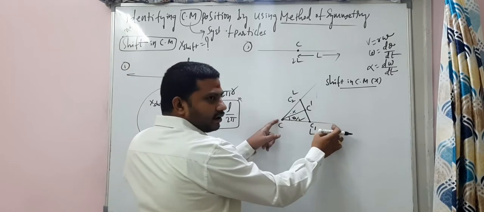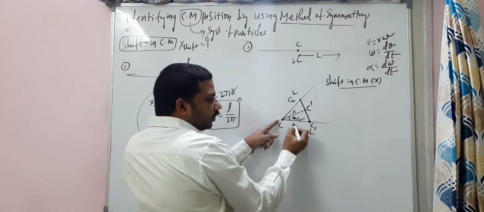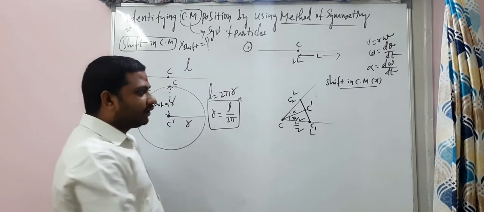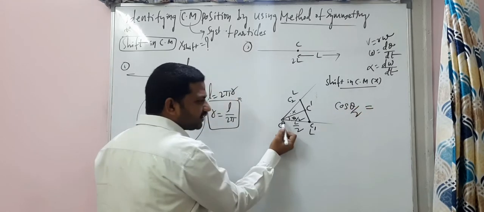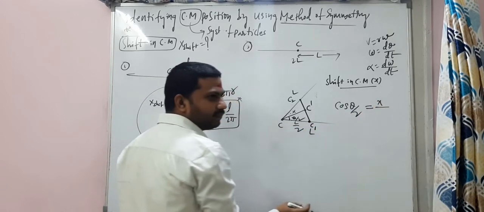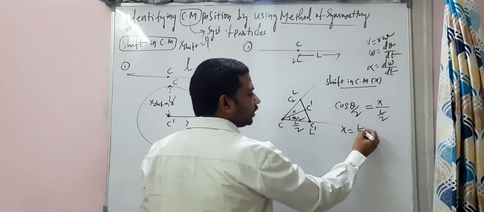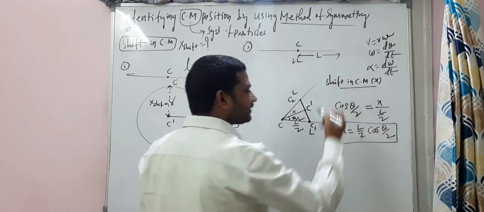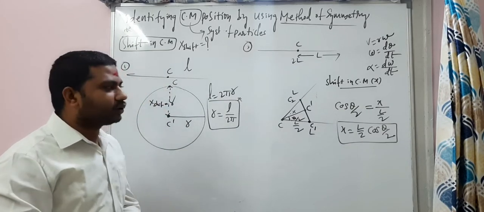And this is L. Exactly, the C1, the center of mass of this rod of length L, will be located at L by 2 from here, yes or no? Now, cos theta by 2 you can write here, see this bottom triangle: cos theta by 2 is equal to the adjacent side x divided by the hypotenuse L by 2. So x is equal to L by 2 cos theta by 2, my dear students. What is the shift in the center of mass in this case? X shift is L by 2 cos theta by 2.